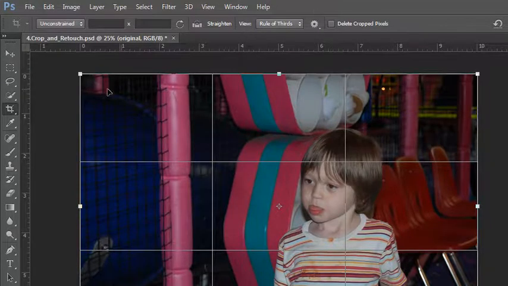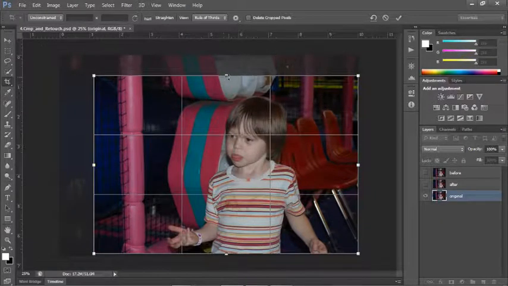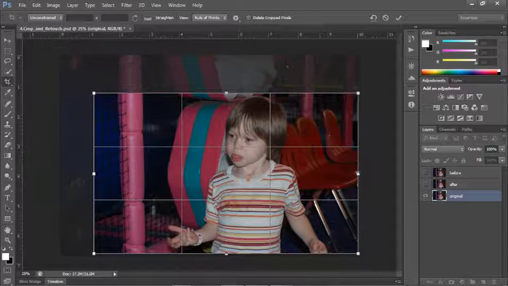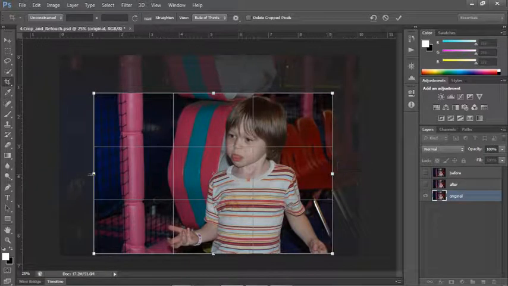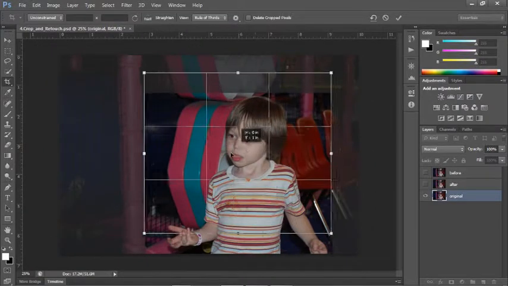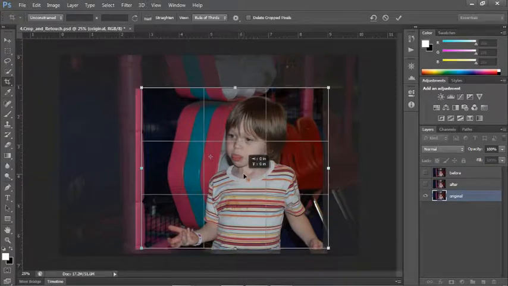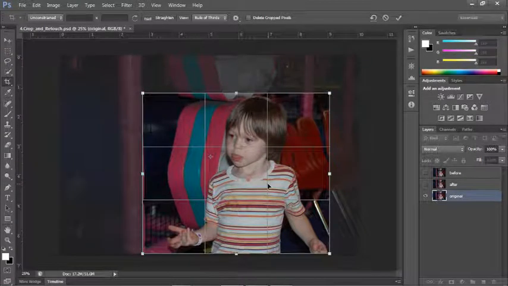So in classic mode, what you would have to do is click and drag to create a bounding area around your selection, and that would set the size for the crop. You could reposition it just by clicking and dragging on the inside of it. And when you had it the way you wanted to, you would just click the check mark or hit enter